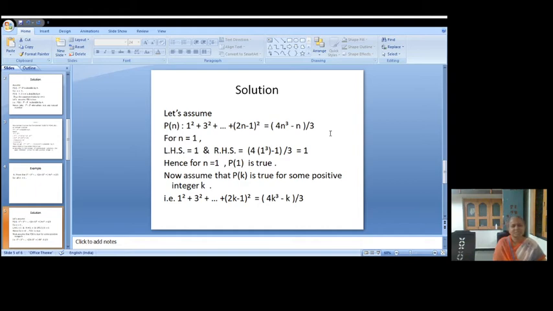Now then we assume that P of k is true for some positive integer k. That's why we are writing the term as 1 square plus 3 square plus up to 2k minus 1 bracket square equal to 4k cube minus k divided by 3 only. Now then we see the next part,